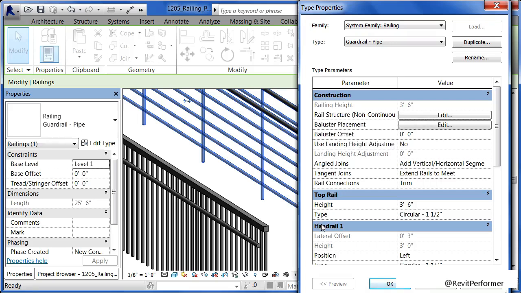They also have cop rails and handrails associated with them. And all their properties can be found from underneath Edit Type in the